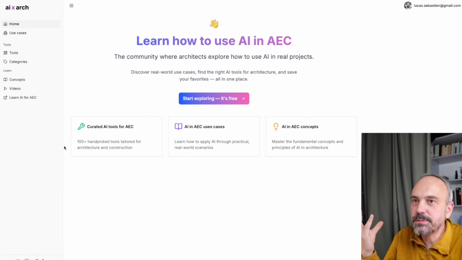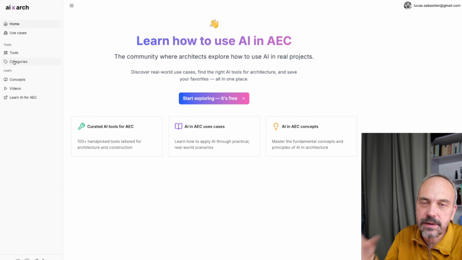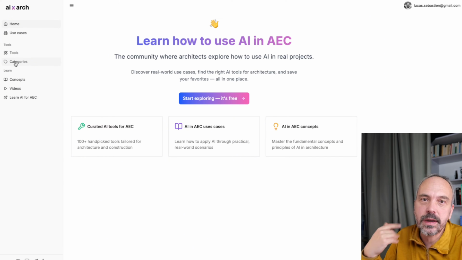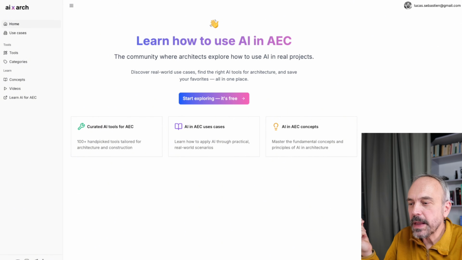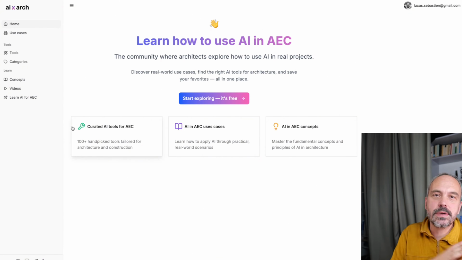So in this platform, I'm now connected with my own account. You can create an account for free. When you create an account, you can have access to more content, but also save your favorite content as favorites. And soon you will have access to many more features that are only available when you create an account. So what type of information is there in this platform?